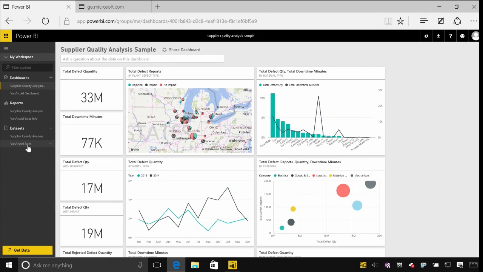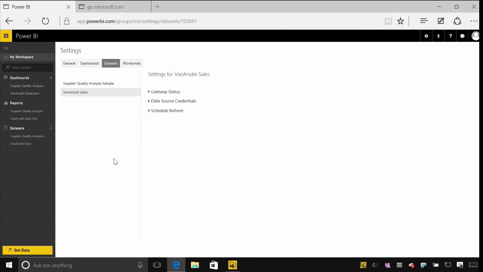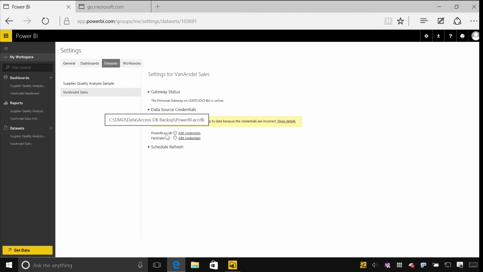So now if I go back to my dashboard, I'll see that I've got my Van Arsdale sales dataset that we uploaded earlier on. And when I click the ellipsis menu from here, I've got an option to schedule refresh, and this will take me through to a screen where I can go and configure this refresh operation. It'll actually tell me, hey, look, it's detected the gateway, and it's found that the one that I just installed is ready to go. And it's going to tell me that the data sources that I've connected to need to be updated. It's already detected that we had two data sources that we were connecting to. There's the Access database and the folder that we had connected to as part of the earlier lab. And I need to go and set the credentials for this.